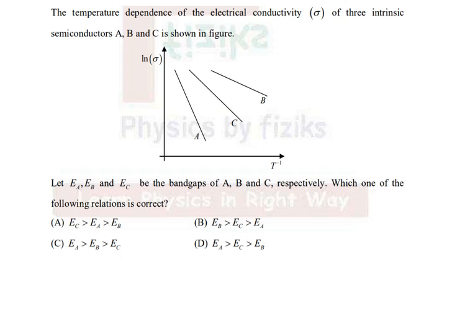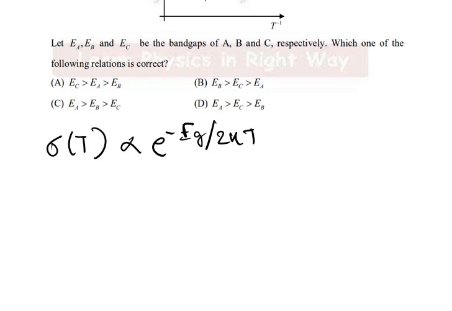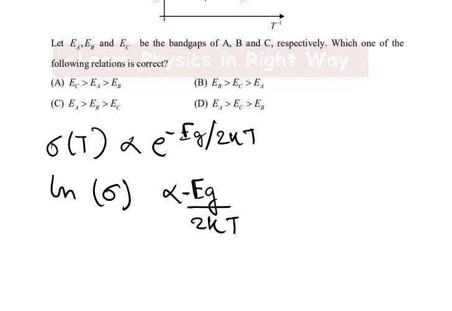So for the intrinsic semiconductor, the temperature dependence of the electrical conductivity is given by sigma proportional to e to the power minus Eg by 2kT, or we can write sigma is proportional to exp of minus Eg by 2kT, right? Taking natural log, we can have